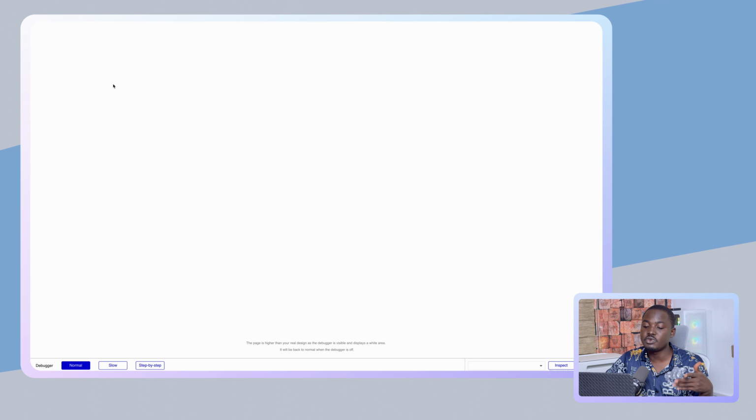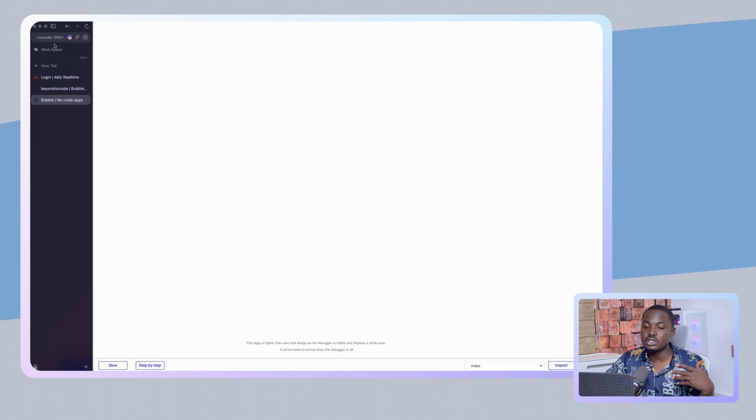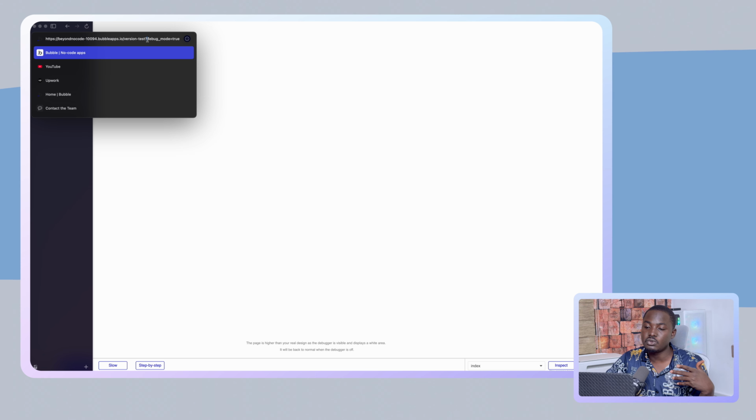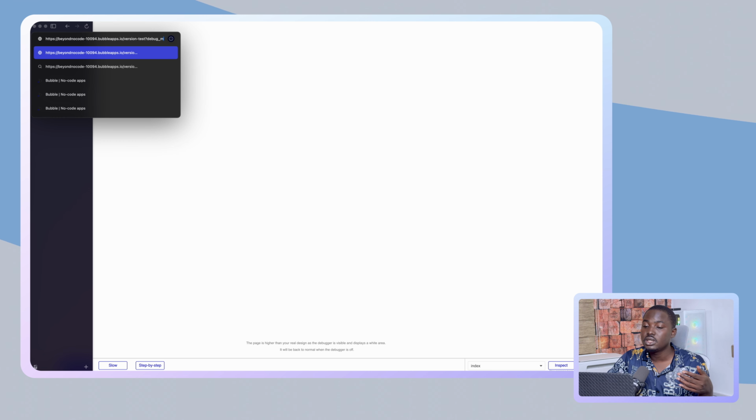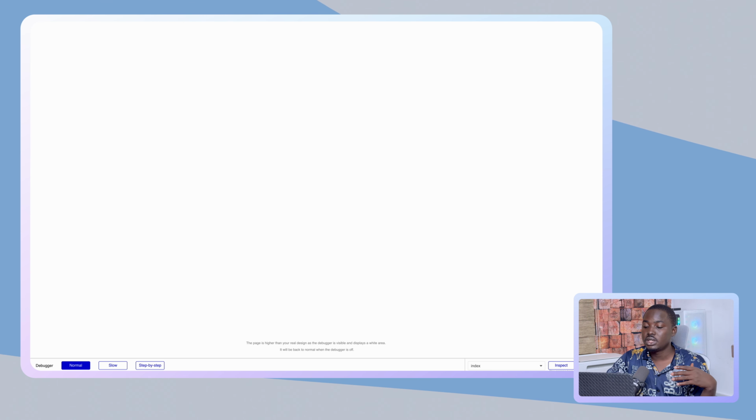So let's go ahead and preview. What I do like to do is, whenever it previews, it will preview with a debugger. I like to go into the URL and remove the debug mode so that I have a full experience of how users will see my application on the front end or on the live version. So I just remove the debug mode